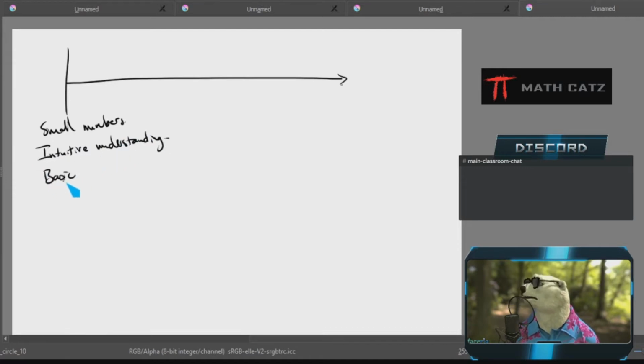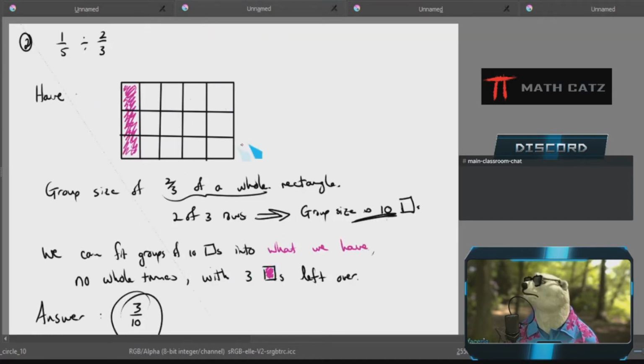Keeping things as basic as I can only works when the numbers are convenient enough for me to draw stuff. If I have unpleasant fractions like, I don't know, 17 over 53, who on earth wants to draw a rectangle anymore? No, I have to drift over here and see, well, my initial understanding, I just have division examples right